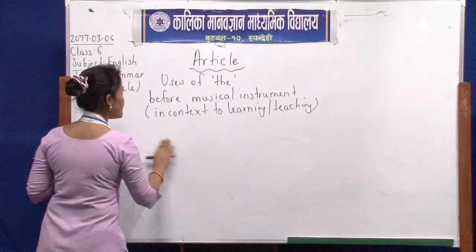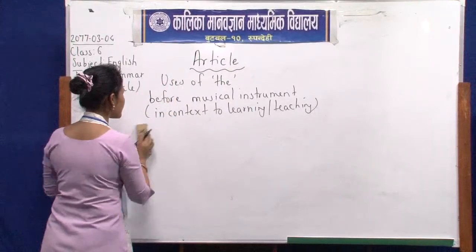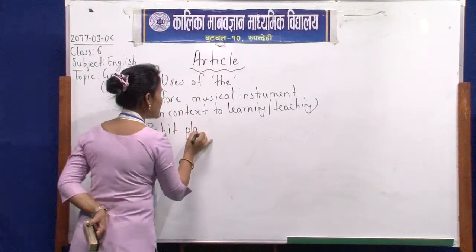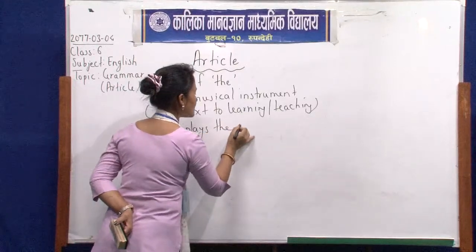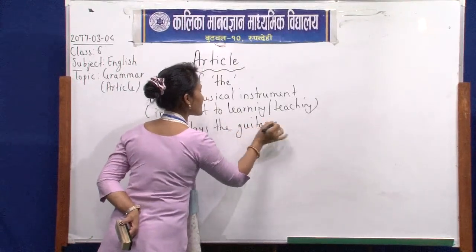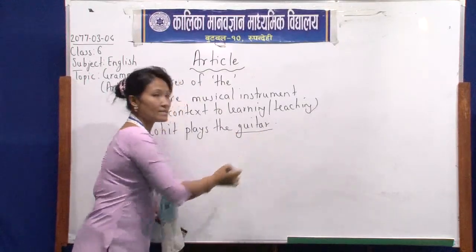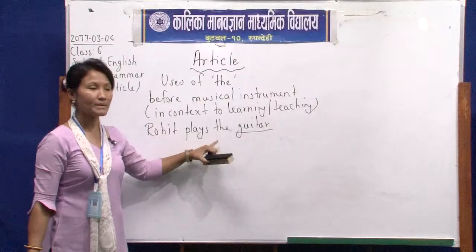Like for example, Rohit plays the guitar. Now see here, guitar is a musical instrument and we are taking the article because